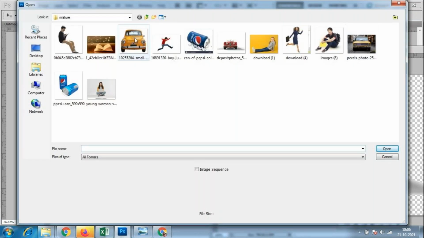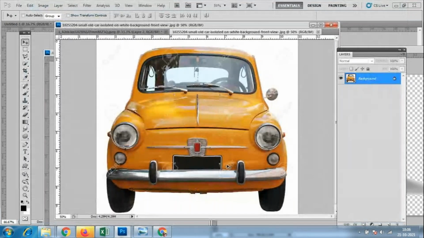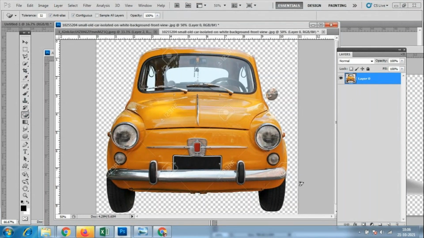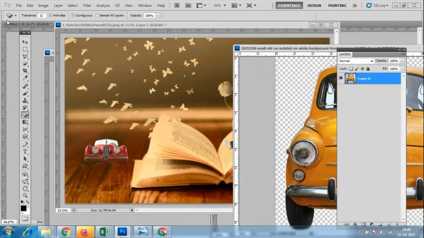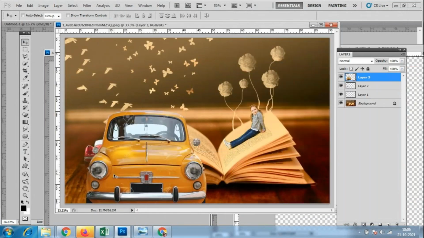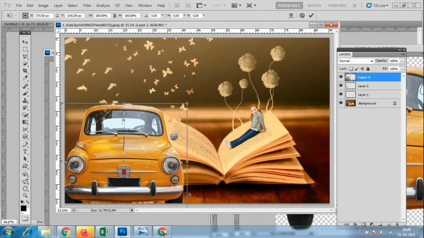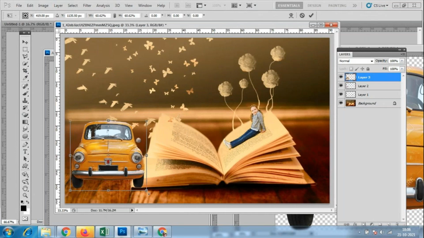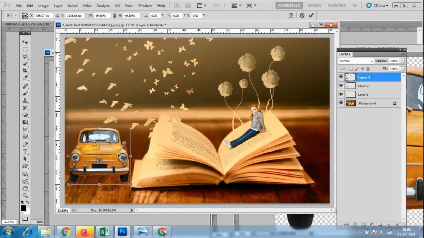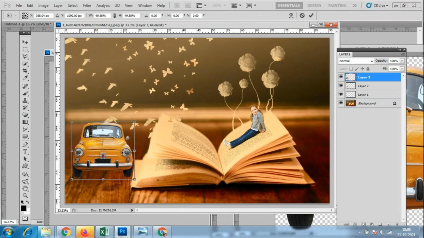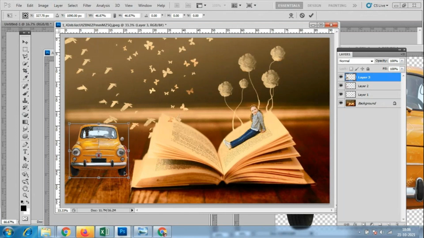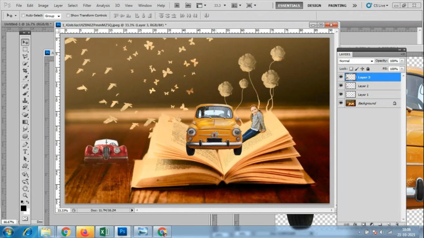Okay, so it is up to your creativity and what kind of images you download. With celebrities you can place yourself, or sit on any of the cars. Those kinds of things you can make with these miniature things. Okay, so I can keep the car over here like this. Otherwise we can place it here in the middle, or it should be on the backside of that book.